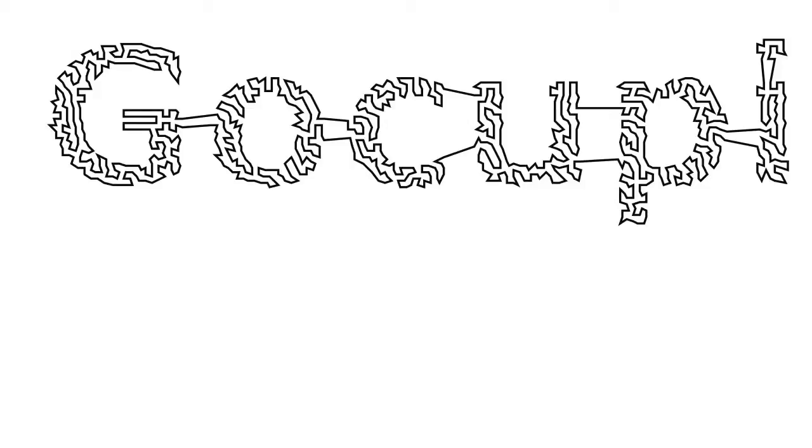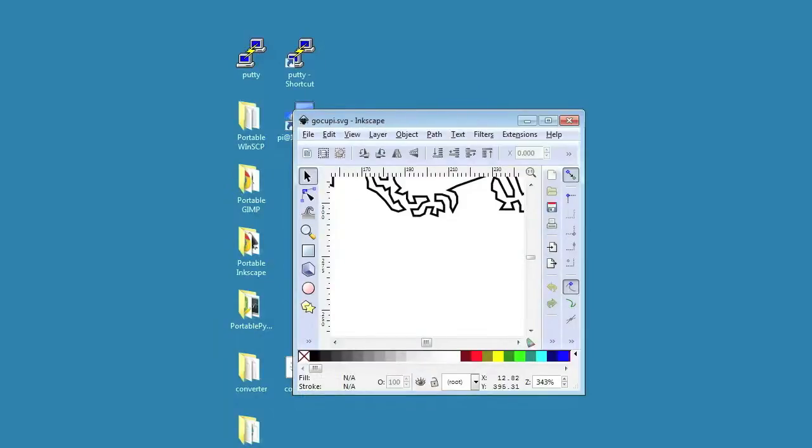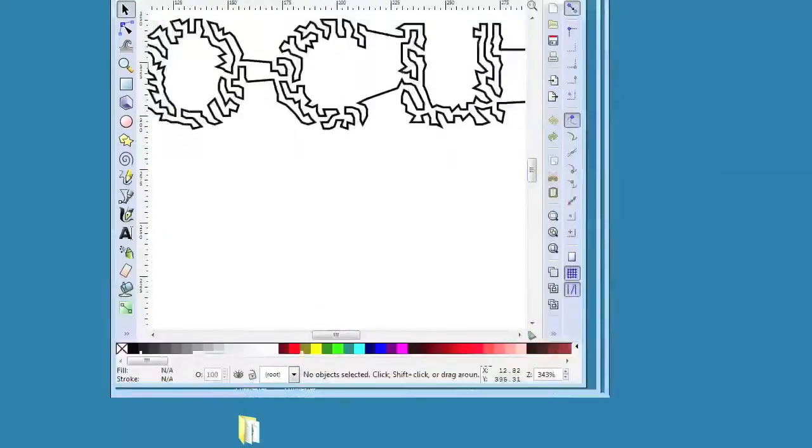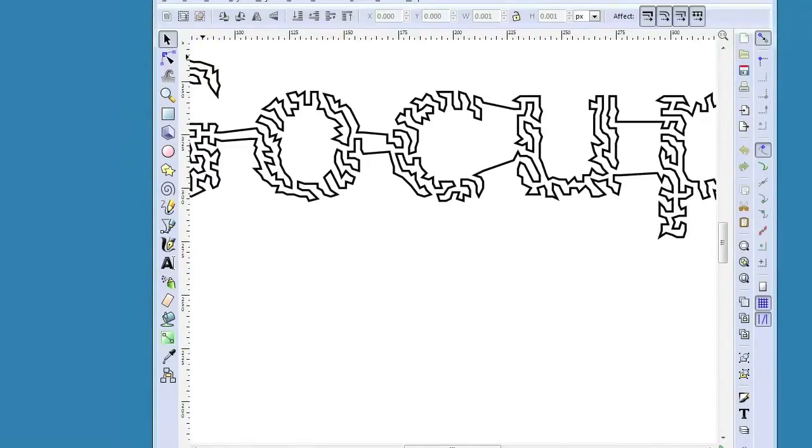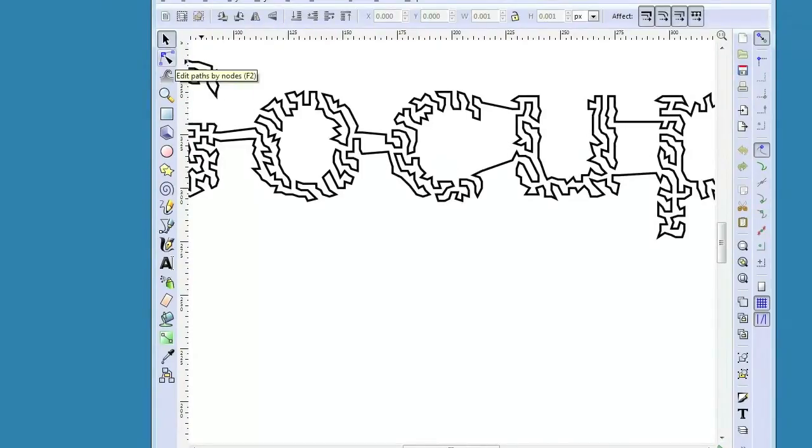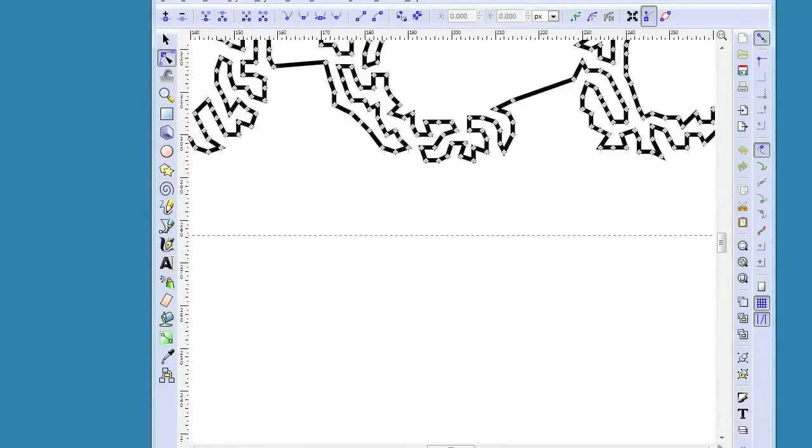Now what you can do from here is select this tool right here, your path tool. You can click on this and zoom in and adjust these nodes. Now don't do this. If you see this little handle grip right here, the GoCuPy cannot handle curves, and we'll get into this in the troubleshooting portion.